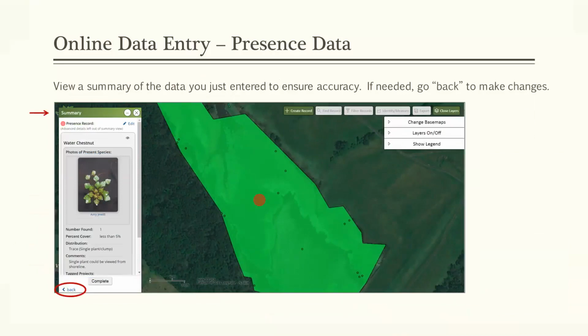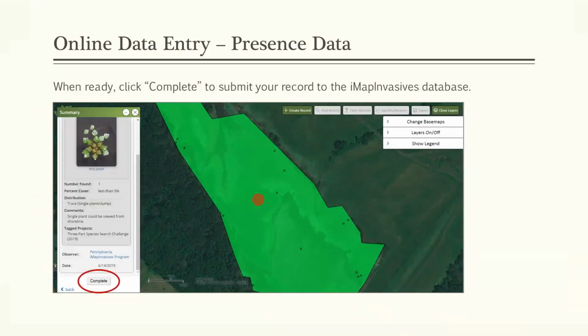Once you've entered all of that information, both the basic and or the advanced information, you will be presented with a summary of what you just entered. I would encourage you to look that over and make sure everything you would like is in there. If you forgot something or made a mistake, you can go back to make changes. Once you're ready, you can click the complete button at the bottom of that little area to submit your